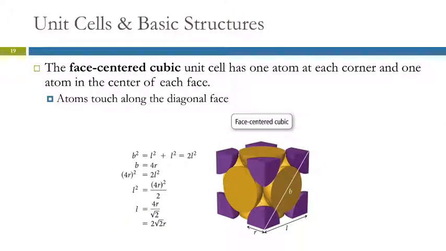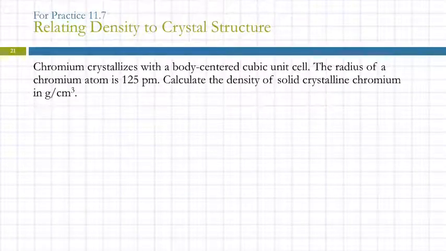Well, this is the unit cell. The length of a side is 2 times the square root of 2 times r. Length of a side equals 2 square root of 2 times r. Okay, so